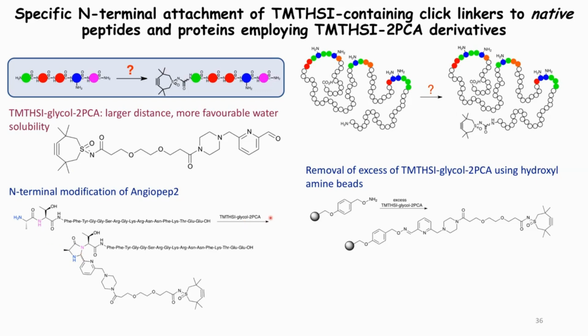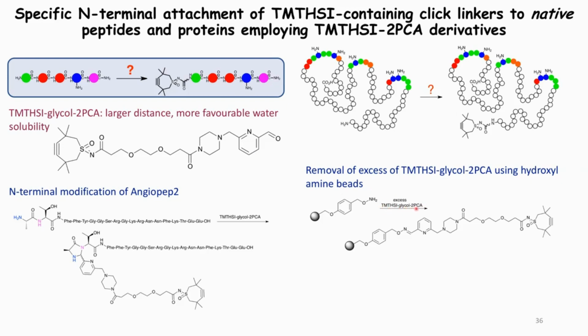Perhaps if you do an HPLC workup and this derivative is too close in terms of retention time to the product, you have to get rid of this particular excess, because else it will react later on, also with a click reaction, if you want to attach this product to another azide containing molecule. For that we found a good solution using hydroxylamine containing beads. You can use that for removal of the excess of this